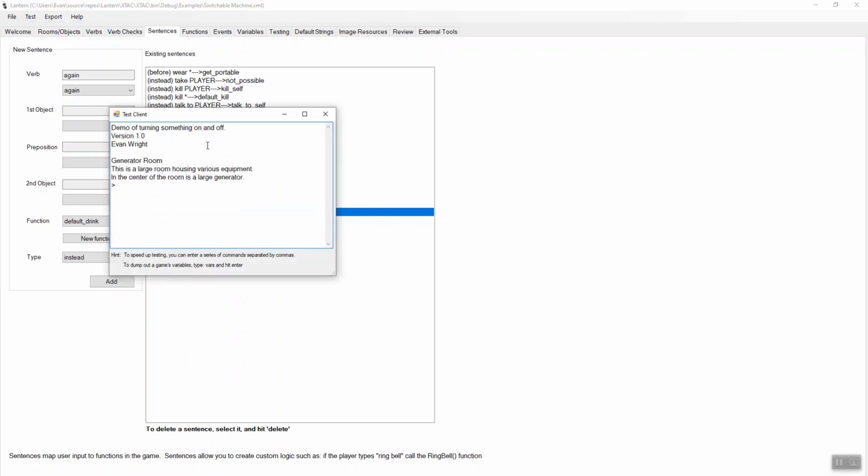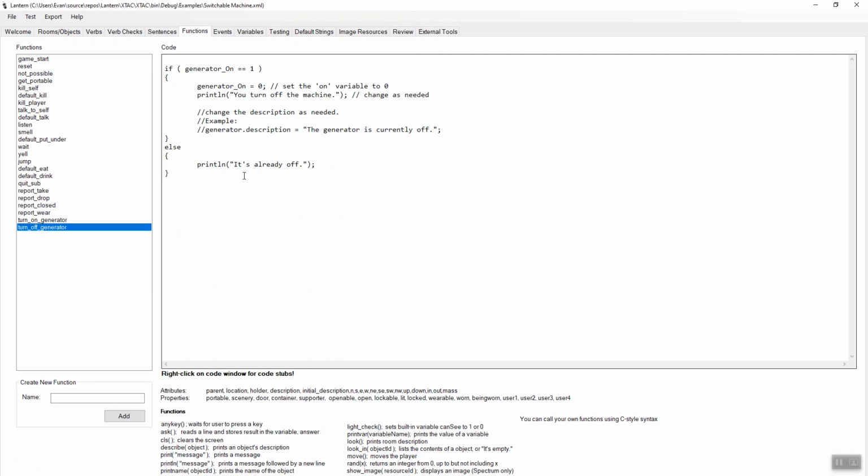So let's launch our player here. Turn on generator. You turn on the generator. Cool. Turn off the generator. You turn off the generator. Okay, so now those messages, you're going to have to change those to be whatever it is you need in your game. So rather than changing the description here to just something one line about the machine is on, the machine is off,